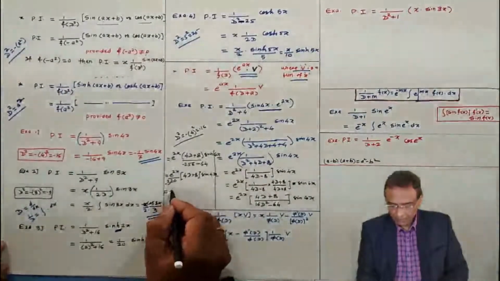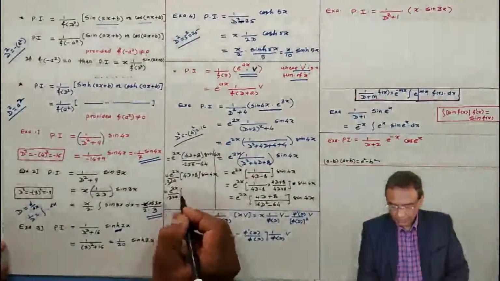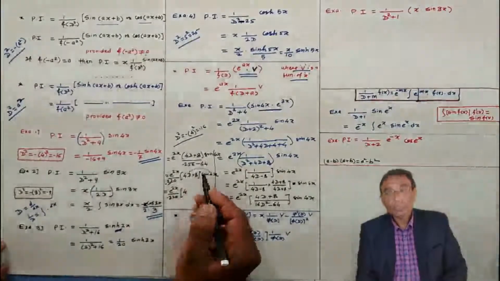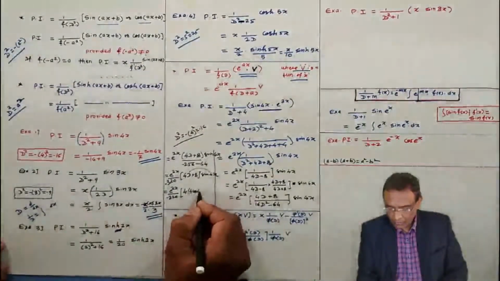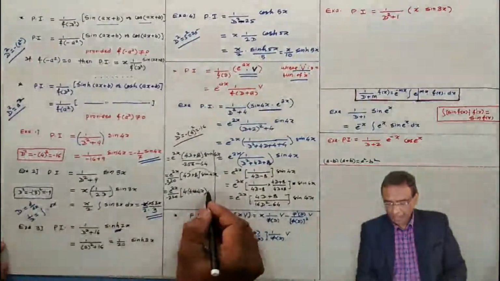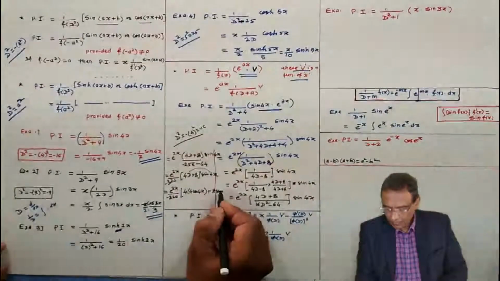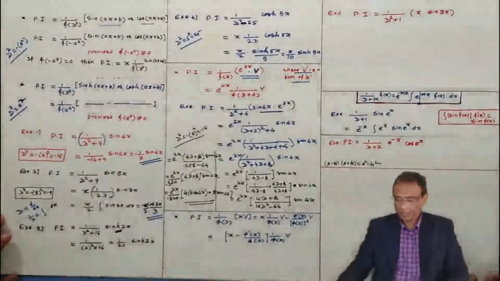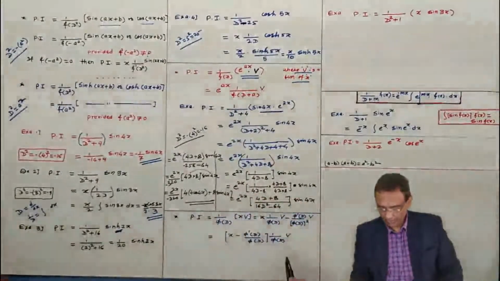I am writing directly now. Minus 320. See, 4 D of sine 4x means what? The derivative of sine 4x is 4 cos 4x, and this 8 is multiplied by sine 4x. In this way we have solved this problem. But once again I repeat that this type of lengthy sum is not asked in an online examination.